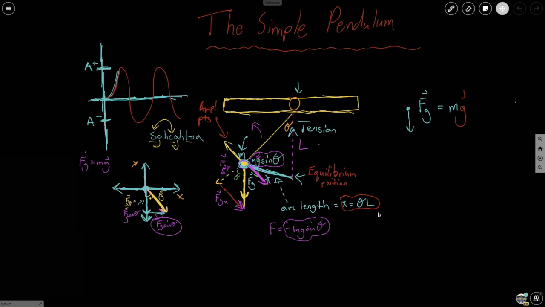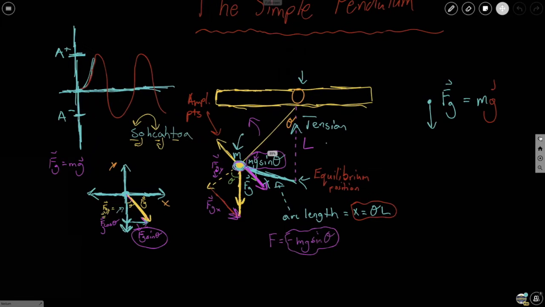Simple pendulum problem. So we're going to pay attention to the arc length piece now, and we're going to focus on just pretty much when we can use this F equals negative mg sine of theta equation, and when we can derive a different form of it based off a given situation. All right, and so again, we know that a pendulum has a harmonic motion,